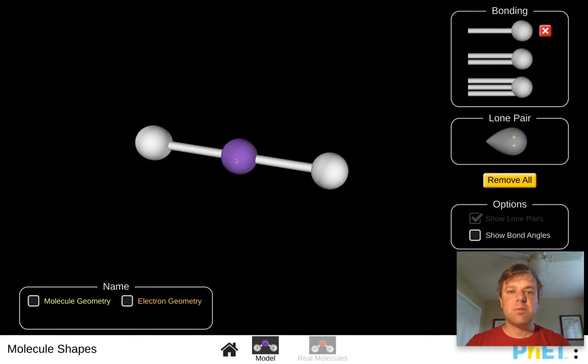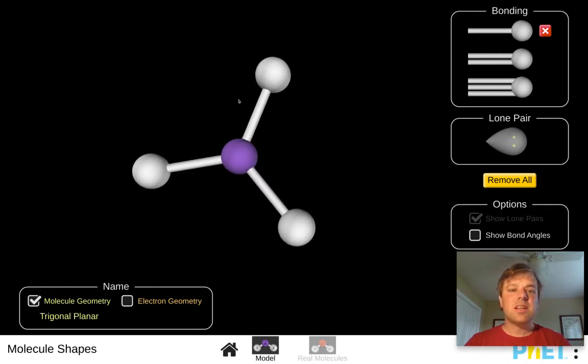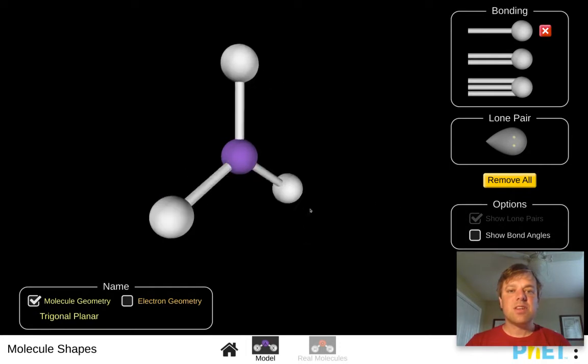We've got the purple one is the atom in the middle, and you can move these around. Then you've got two other atoms bonded with their electron pairs. They repel each other, so everything gets as far apart from each other as possible, which gives us a molecule geometry or a shape that's linear. If we were to add another atom to it, so we have three things bonded, it gives us a shape that is trigonal planar. You can see it makes a triangle,